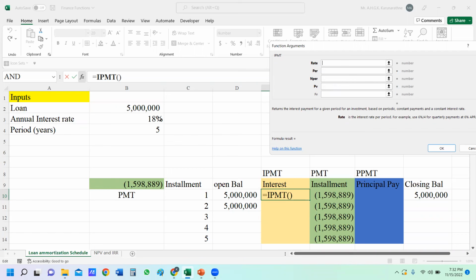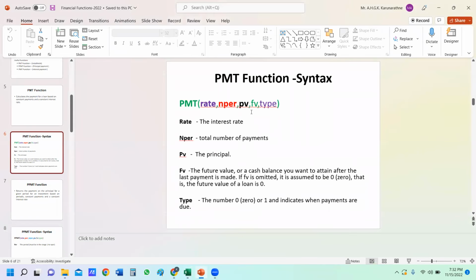So the rate here, 18%, we need to make it fixed by pressing the F4 key. Then PER. Now this is a new variable. This variable was not there under PMT. You can see you have rate, NPER, it was there. But here you have